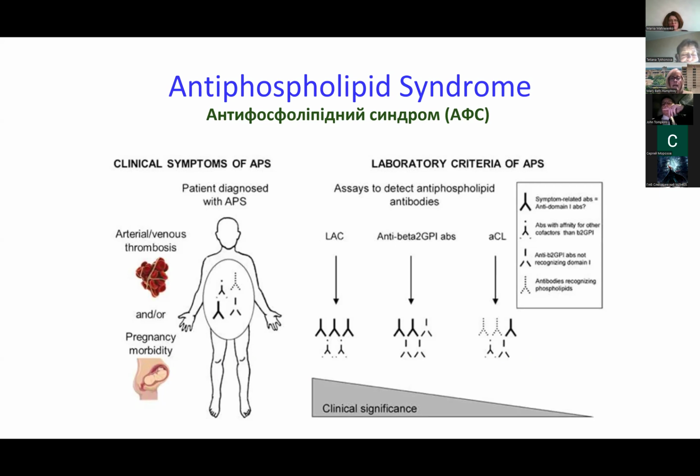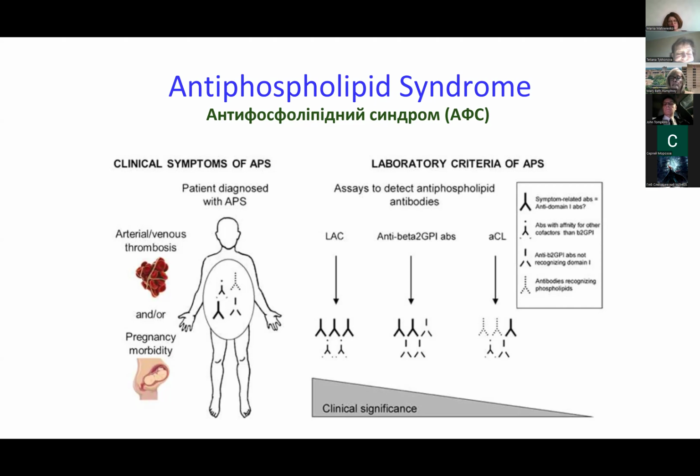And then you can have, for female patients with antiphospholipid, significant pregnancy complications and fetal demise. The laboratory criteria for antiphospholipid syndrome is that you have to have one or more of these